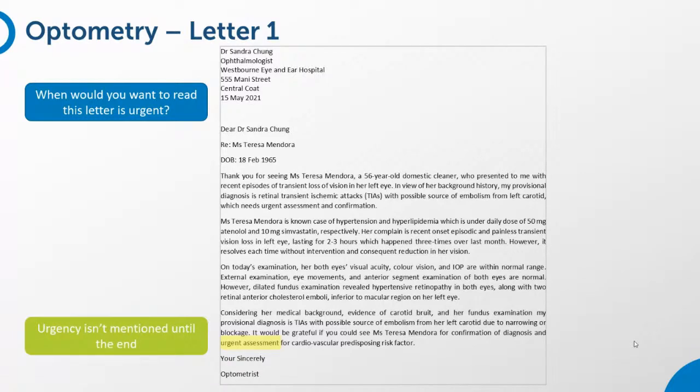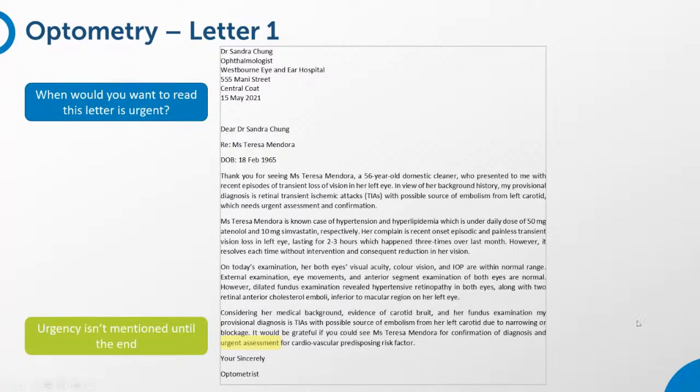And I don't know about you, but if you've ever had to read an urgent letter or email from a colleague, you know as soon as you see the words urgent or emergency, you focus in greater detail on understanding what has made this urgent and what you will be required to do. So until those words are found, you're not allowing the reader to do this.